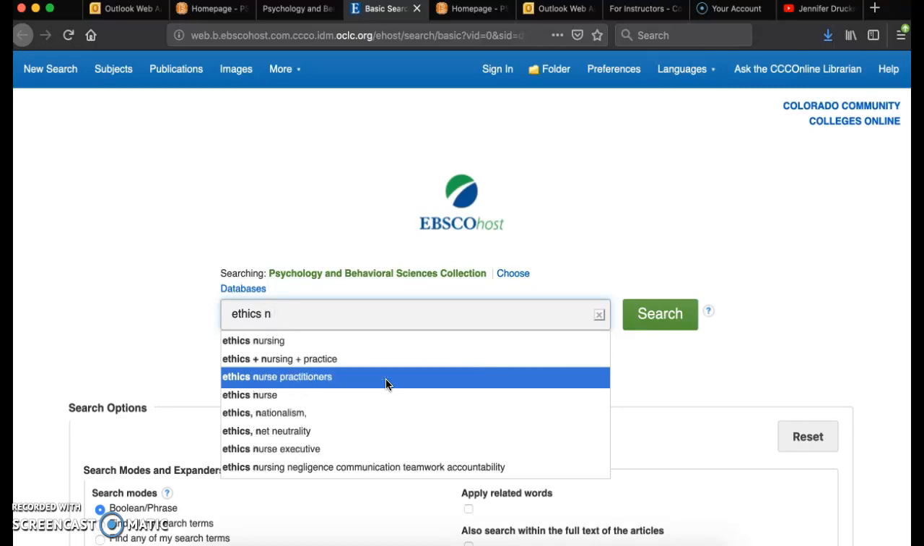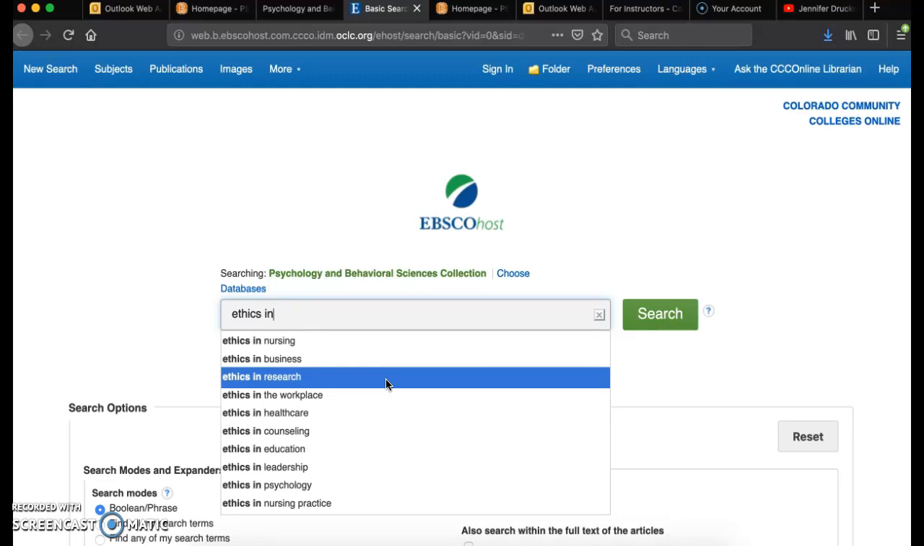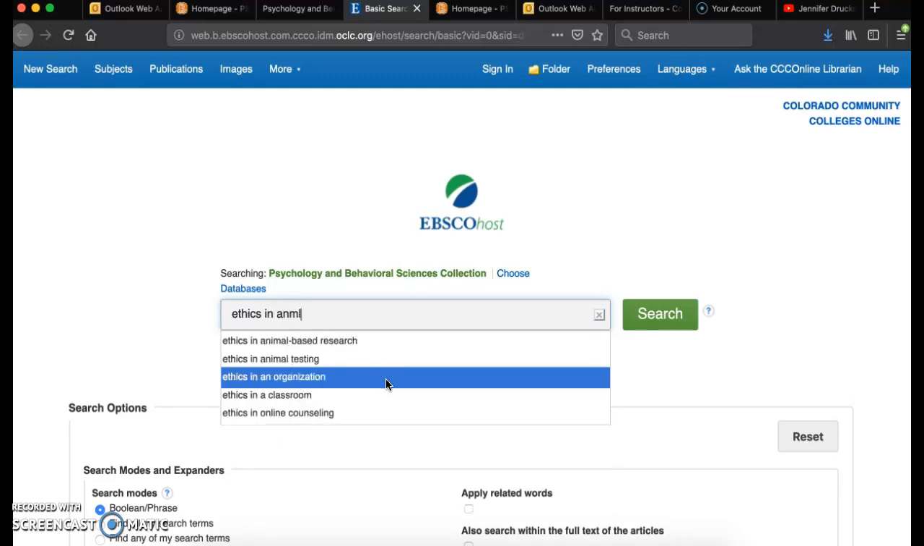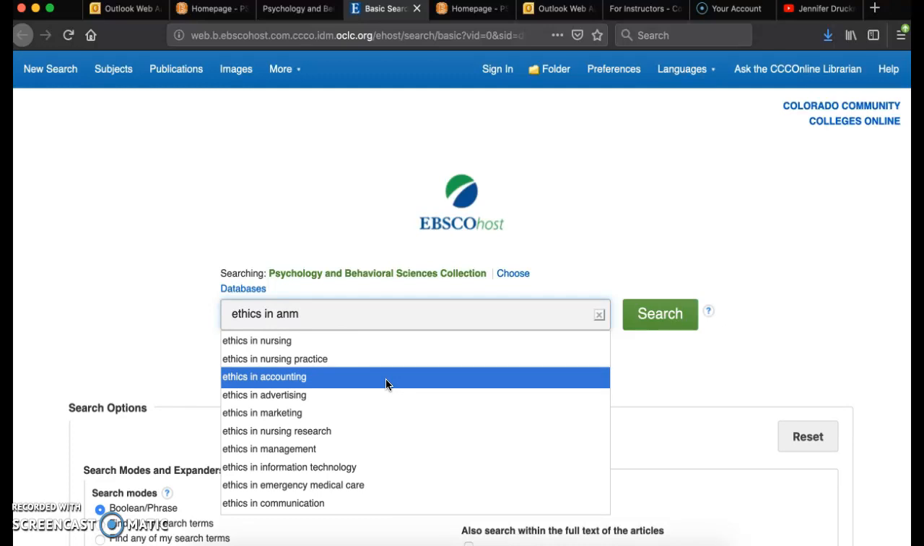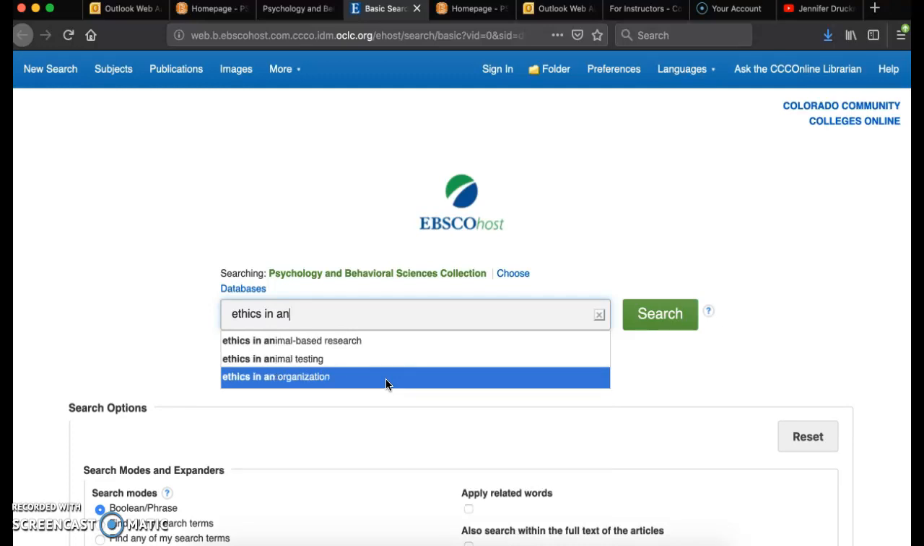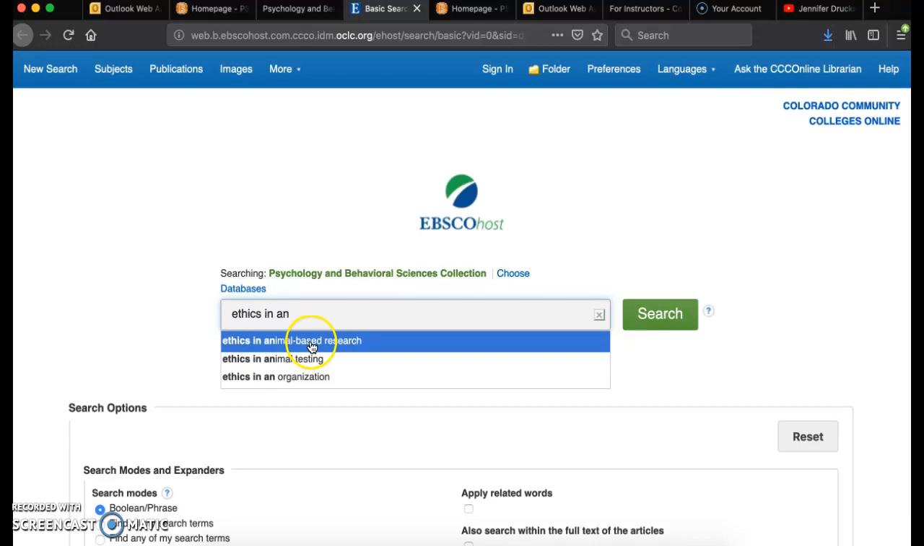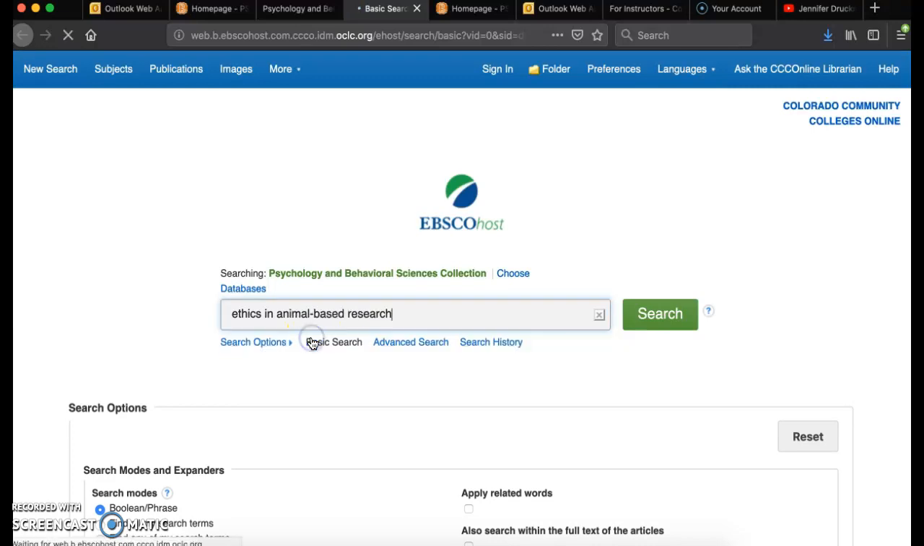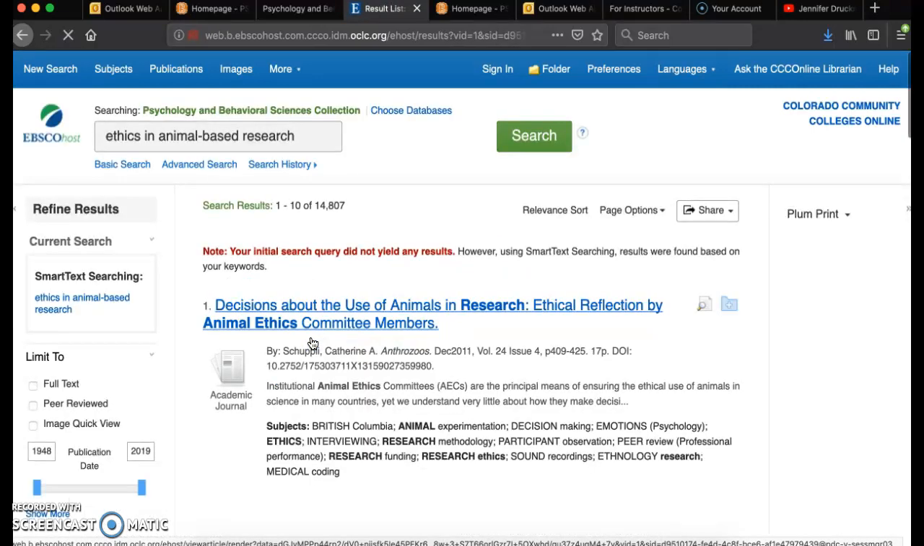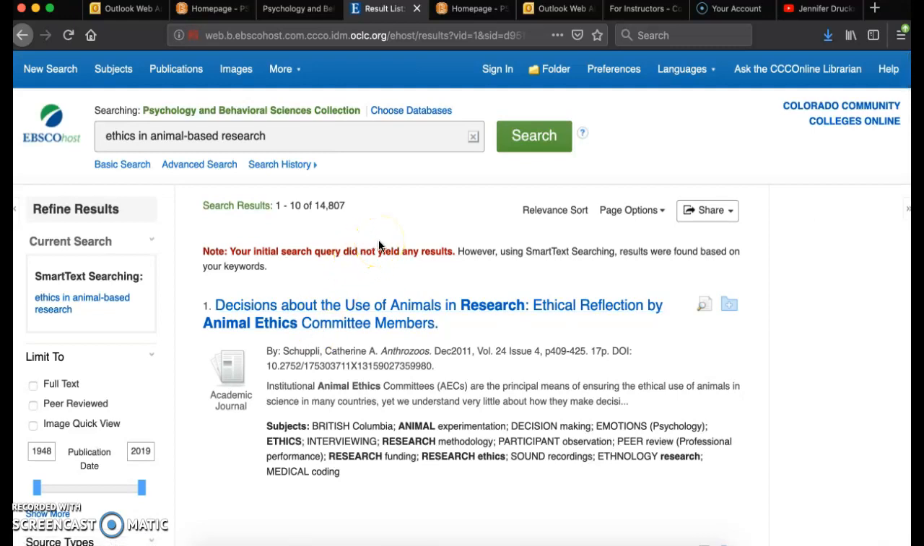Ethics in animal... Why is it changing my letters? Ethics in animal-based research. So because it was changing my letters, it was trying to use smart text searching and found these results based on the keywords that I was entering. So this is what we came up with,